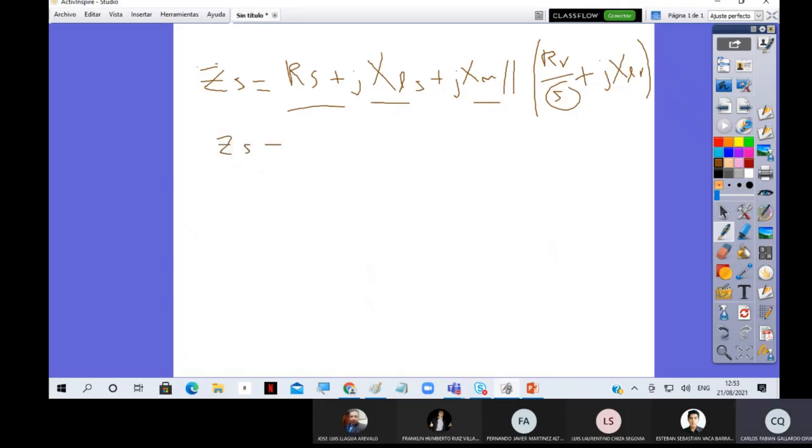I will get the equivalent impedance. In this case the magnitude is 0.1838, and the angle is 152.6 degrees. These are actual values, in ohms. I am using the rated slip, and the rated slip according to the table is 0.008. With this slip, I get this equivalent. This is the input impedance, in other words.